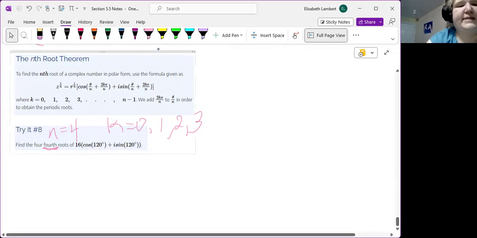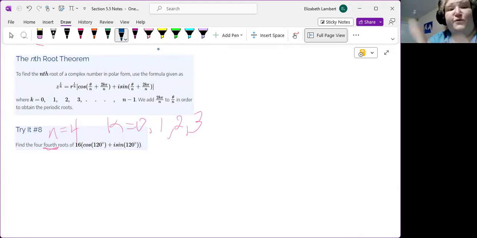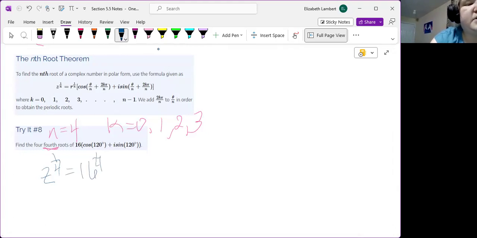All right, so we have our 16. And the good news is 16 is actually 2 to the 4th, so our 1/4 power is actually going to work nicely. All right, so let's go ahead and follow our formula. So we are finding the 4th root, so that is 16 to the 1/4